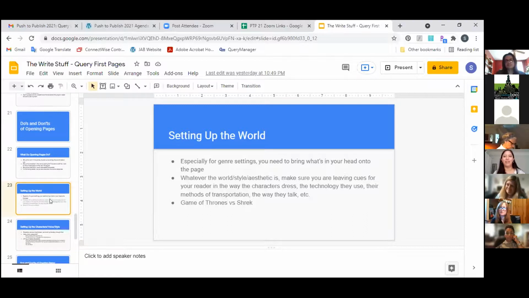But remember the beginning of Shrek, what does it start with? We start with him reading the fairy tale, and he's like, what a load of crap. Then he flushes the toilet, and All Star plays. It's more humorous, more irreverent. That's the same way when you write your book: you are getting the reader in the mood for what's about to happen, because the mood and expectations for Shrek are very different from those you have going into watching Game of Thrones.